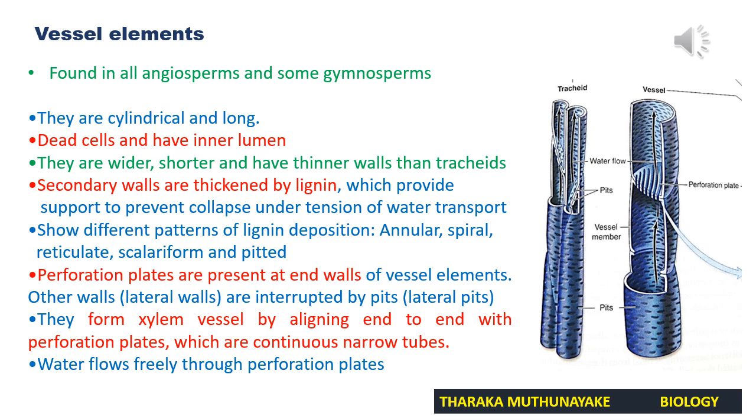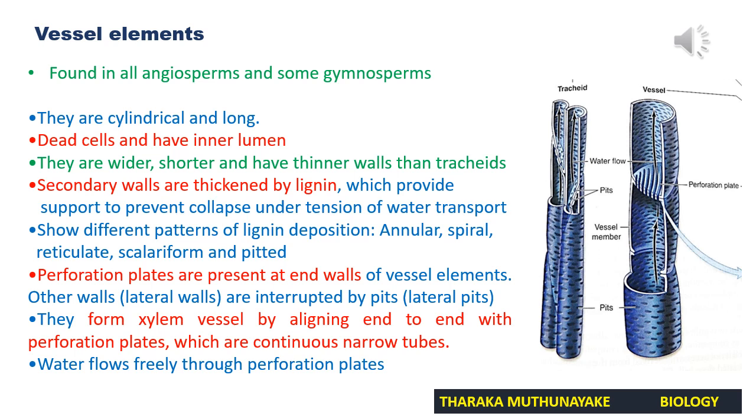Okay, then next, vessel elements show different patterns of lignin deposition. As names, those are annular deposition. These are different patterns actually. Annular, that means in circles. Spiral, that means in spiral nature. Reticulate, as a network. Scalariform, that means as a staircase or in stepwise manner. And also pitted. It's not needed to know the diagrams here, but remember the names simply. The patterns of deposition of lignin simply.